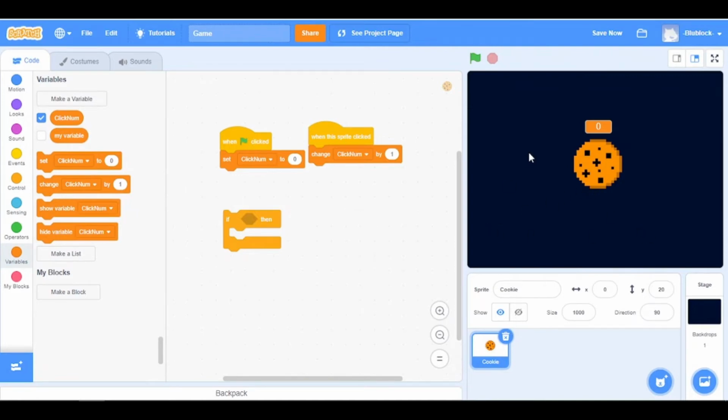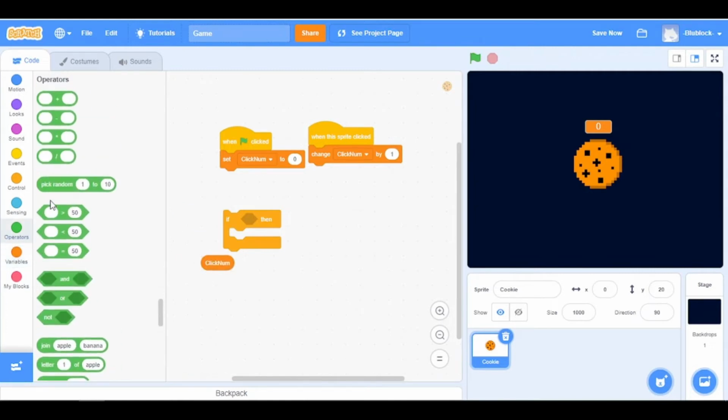So basically if click number equals, let's do 30, then